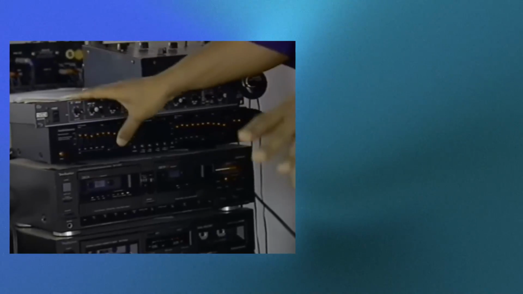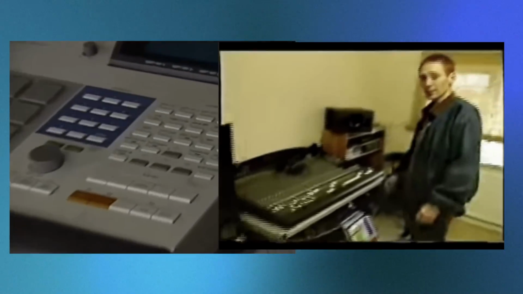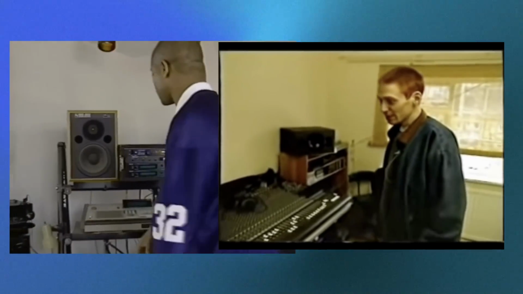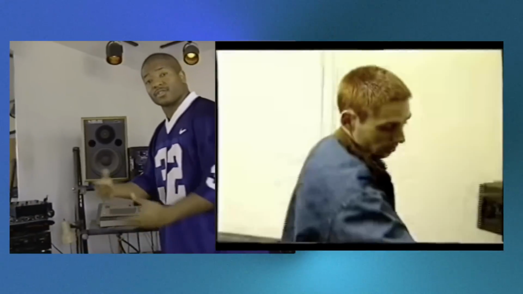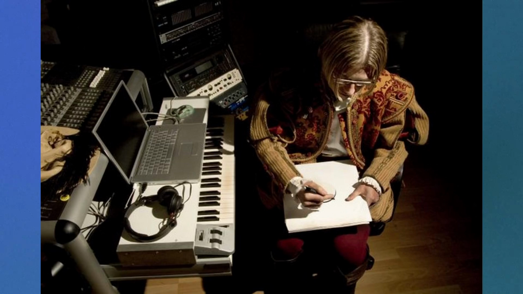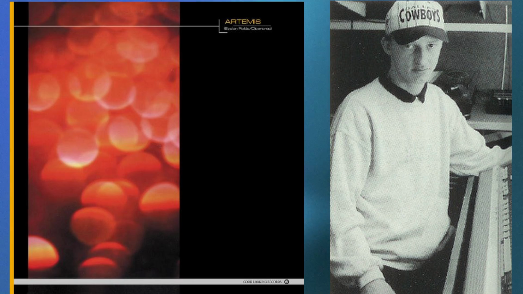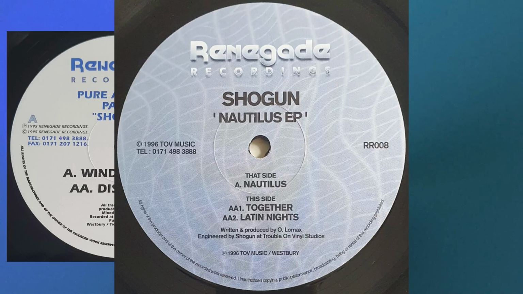Like hip-hop and house in the 90s, sampling and looping also played a massive part in jungle and drum and bass production. Many bedroom producers could only afford a basic setup, with the sampler being the most crucial piece. This meant finding great sounds involved sampling and looping other songs. Producers like Q Project and even Shogun, the earlier alias for Artemis, heavily used sampled loops in their earlier ambient